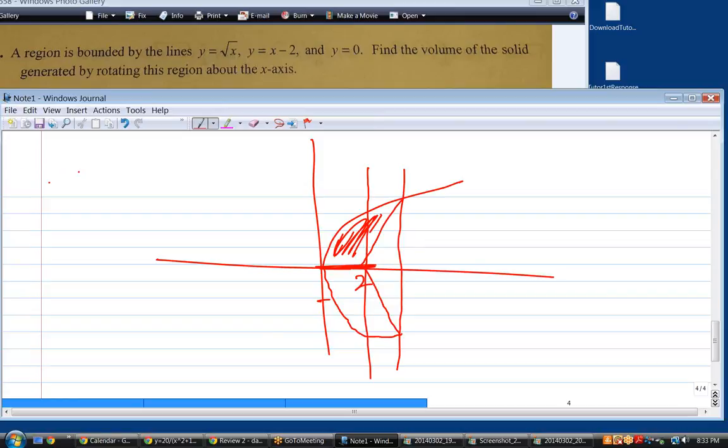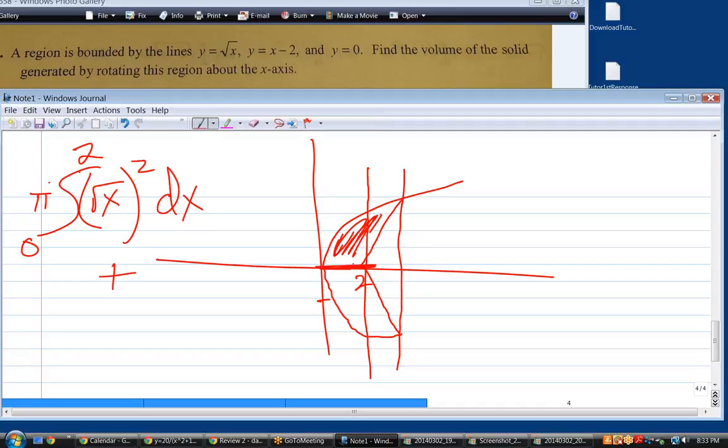So let's just integrate it. So pi times the integral of 0 to 2 of top minus bottom, which would be root x. Actually, just root x squared. Remember, that's the radius. dx. In other words, that's going to be this part of the volume,